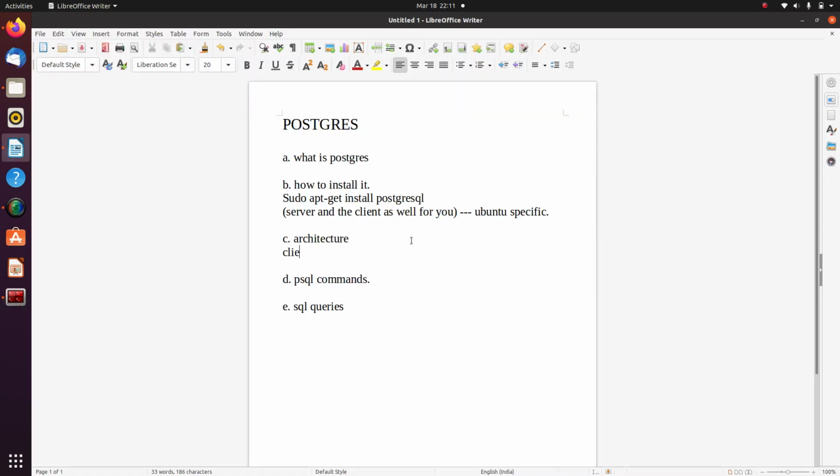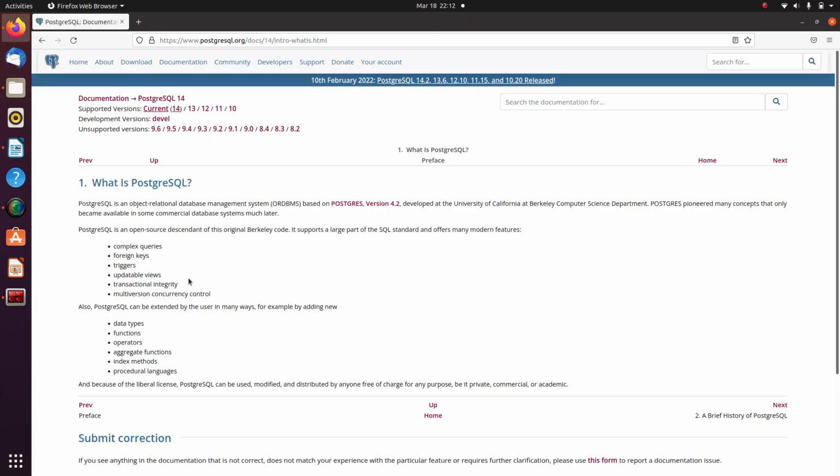Now as I just showed you, the architecture for Postgres is a client-server architecture, or you can say server-client architecture, where we have a server which hosts the data, and a client is something which is used to fetch or retrieve that data from the server. So if you go by the official documentation, you can again see that